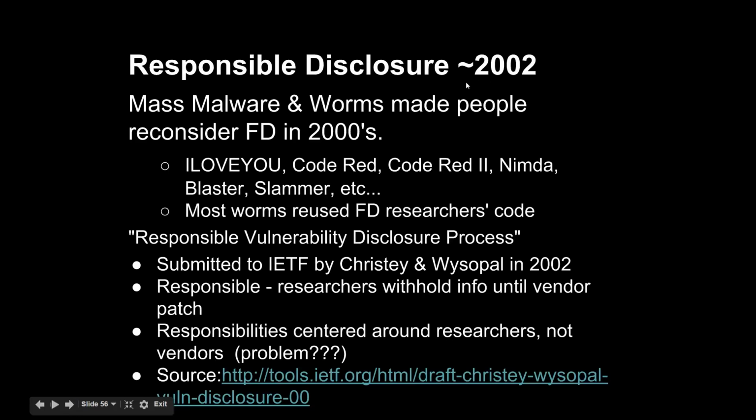Responsible disclosure came about in around 2002, and all of the mass malware and worms that came out as a consequence of full disclosure woke people up. There's a lot of them. The I Love You worm, Code Red 2, Nimda, Blaster, Slammer, and etc. And most worms actually just copy-pasted the full disclosure researcher's code. And so in 2002,